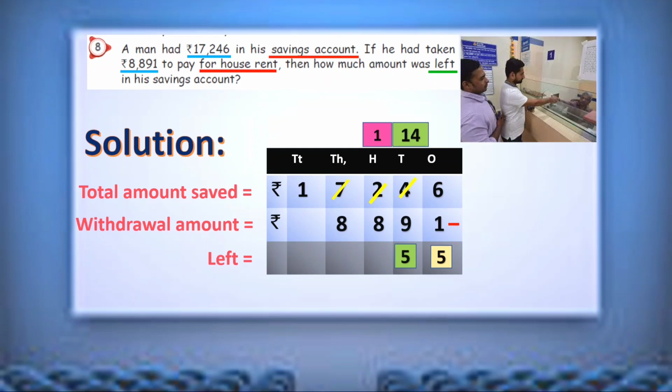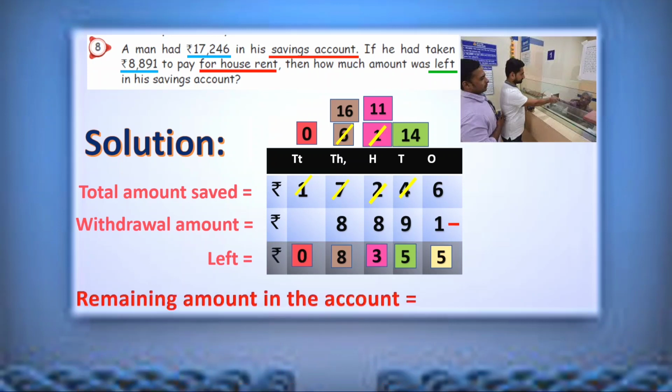Then come to the hundreds place, 1 minus 8. 1 is not enough. So cancel and get the support from the thousands. So the remaining 6 will be there, and give the support to the hundreds now. So 11 will be there. Now 11 minus 8, 3. Then as usual, 6 minus 8 is not enough. So cancel from the 10,000s and give the support to the thousands. So 16 will be there. Here 16 minus 8, yes, 8 only. So now we don't have any values in the 10,000s, so bring that 0 down, and mention the rupee symbol.